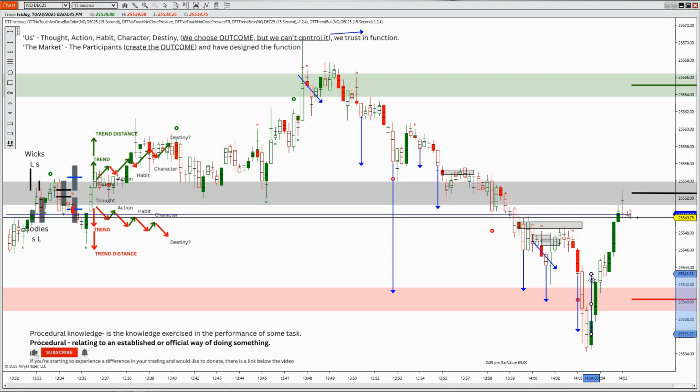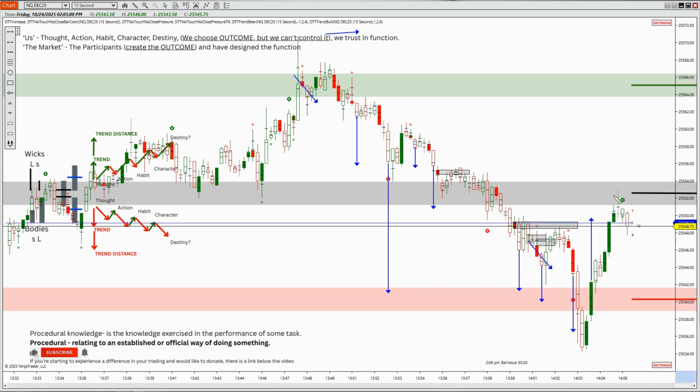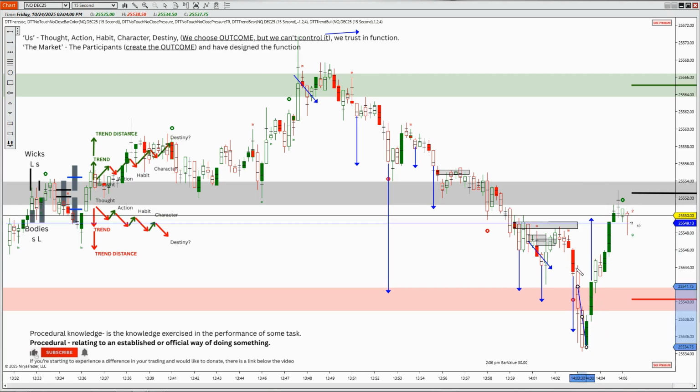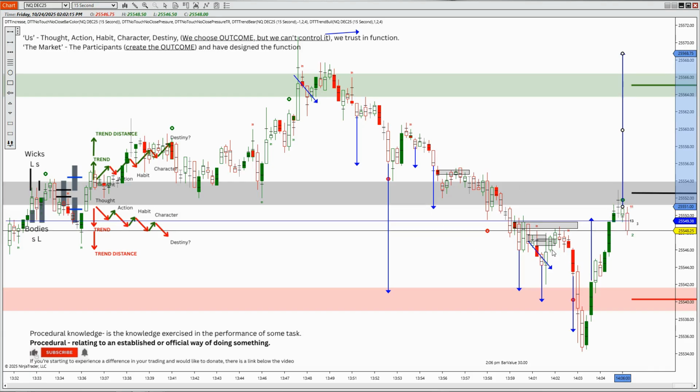All right, and that's the only way you can look at the market. I want to say this to you as well. Terminology will not get your trading to work. So if you're online, I know they have a trend distance here. Let's see if they can get that to show up. Let's see. If you're online looking at people talk to you about the market based on terminology, and I'm not